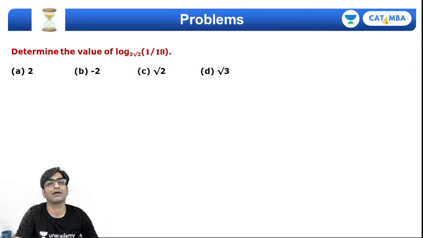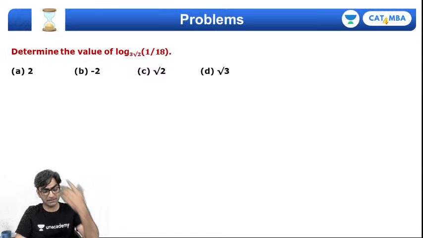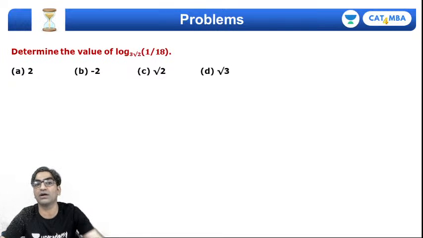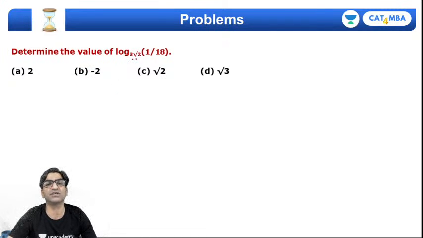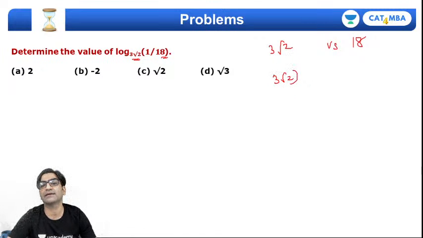Right, here is another one, similar simple questions. Find the value of log 1/18 in the base 3√2. बड़ा सिंपल सा क्वेश्चन है. आपको बस नोटिस करना है इन दोनों में कुछ ना कुछ रिलेशनशिप होना चाहिए। तो 3√2 आप देखो वर्सेस 18, राइट। सो 3√2 को स्क्वायर करके देख लेते हैं। 3√2 स्क्वायर क्या होगा, 9 इंटू 2, 18 हो जाएगा।